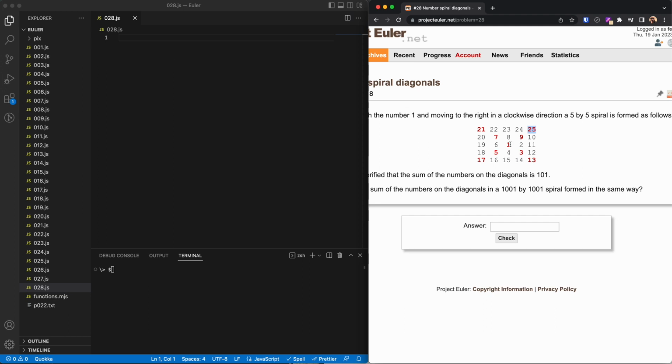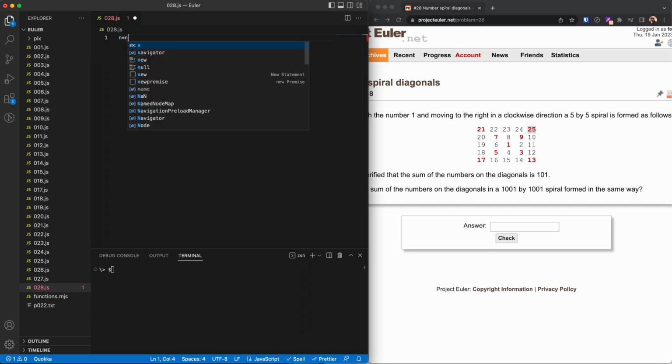So the only thing is going from 1 to 1001 and adding 2. So it would be n squared, then n squared minus n plus 1, and again minus n plus 1 for this one,